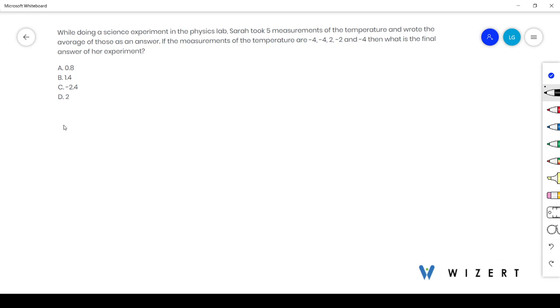Here, from the given information, the 5 measurements of the temperature are -4, -4, 2, -2, -4. So the average will be